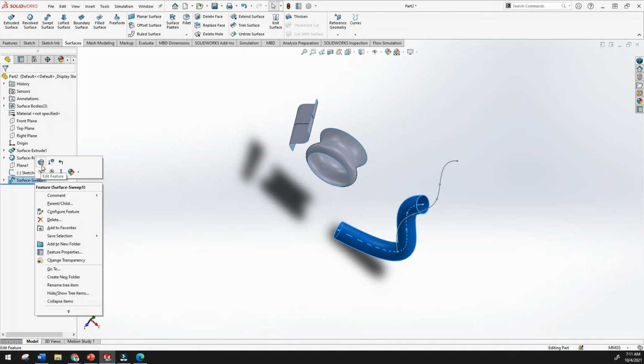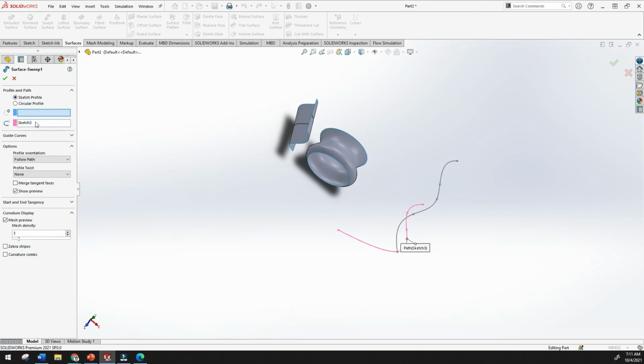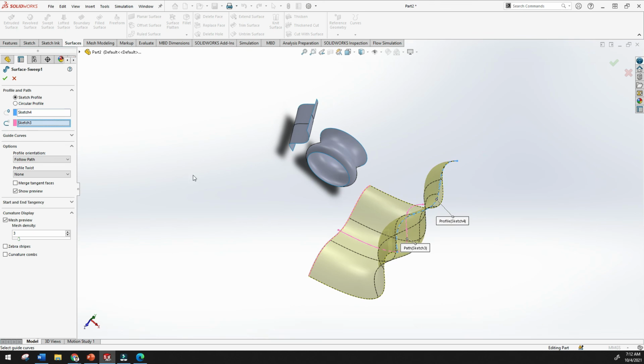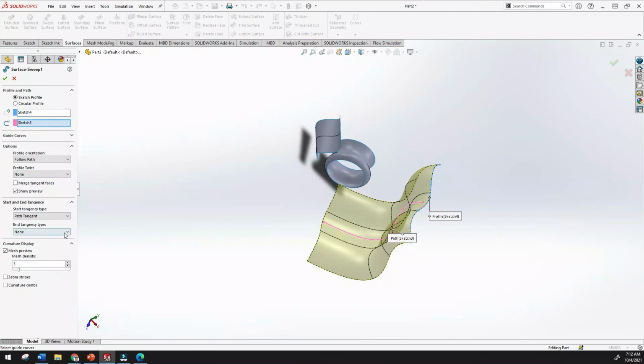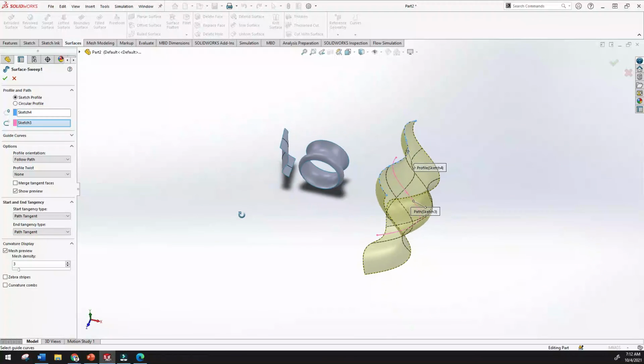Right click, edit features, sketch profile, and here it is asking for the profile. So this is my profile, and the same options are there also. Start and end tangency options are there, because once you click start tangency type, it will ask for some path or tangency from where you can create this.